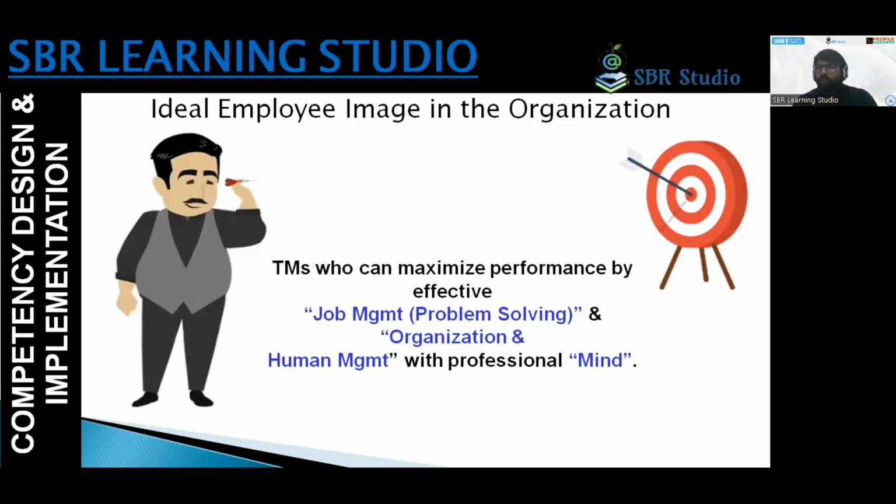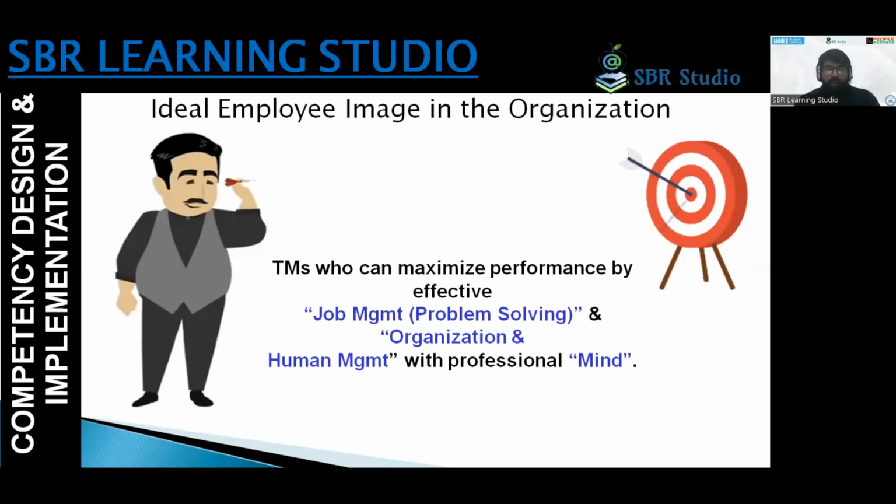That is about the number one, how they manage their jobs, their tasks, what has been given to them. Second one, what role they contribute to the organization as well as the human development in the organization. Third one, the most important part, how they use their mind professionally. When you are identifying or focusing on these three tasks, it means you are automating the human approaches and processes in the organization, what they have to do.